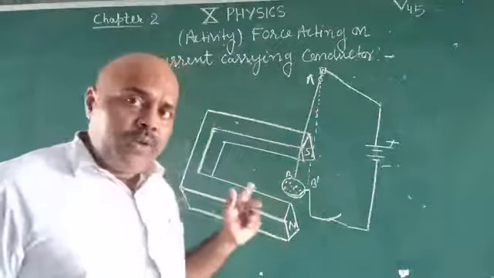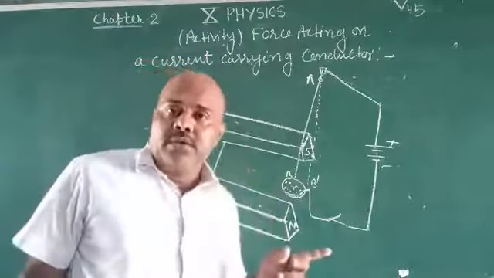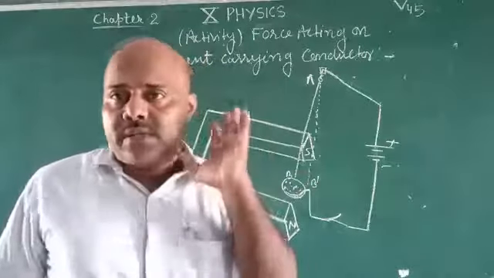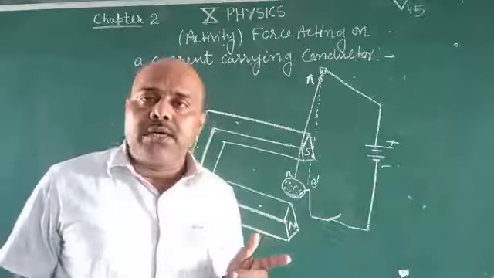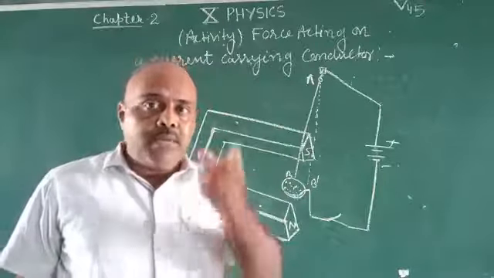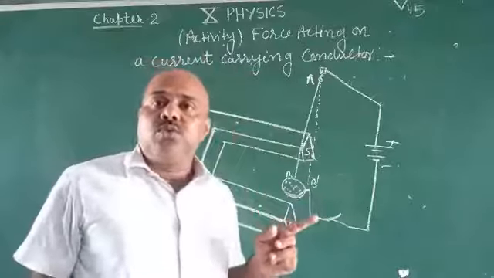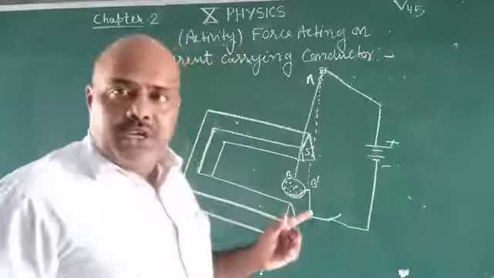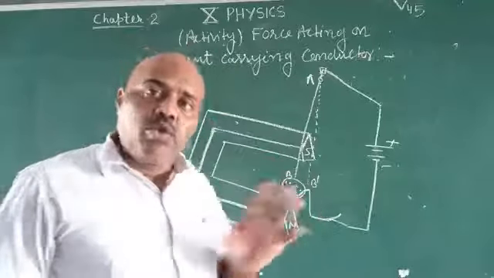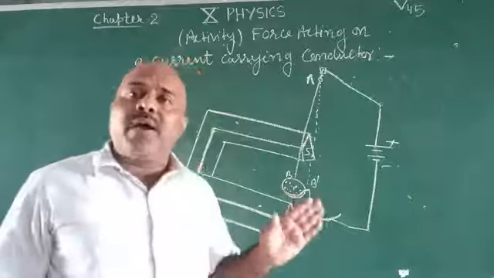Then it begins to move in the forward direction. Here is the mechanical force acting on this wire due to the strong field magnet. So we can say that this is the force experienced by a current carrying conductor due to the magnetic field. The maximum force is experienced when the conductor is placed perpendicular to the direction of the magnetic field,